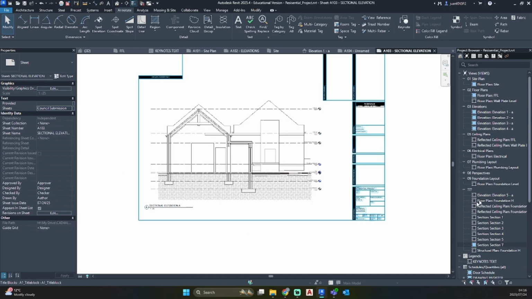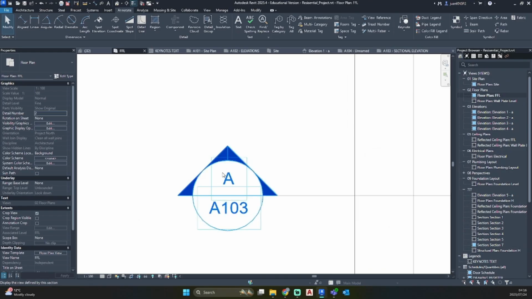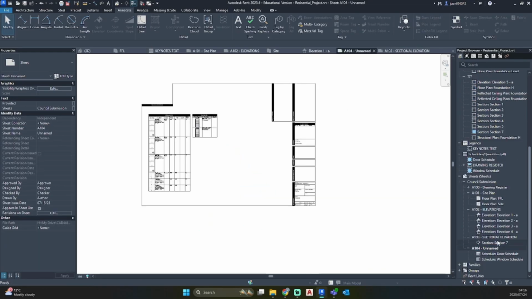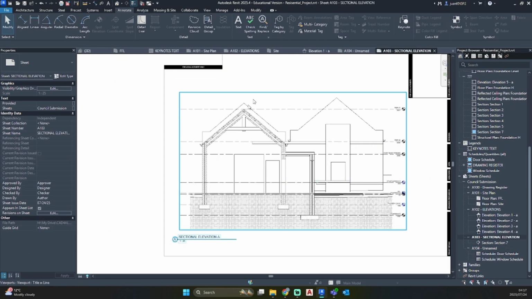So by changing our detail number, if you go to our floor plan, you'll see that your section tag is also updated. So let's go ahead and clean this up further.